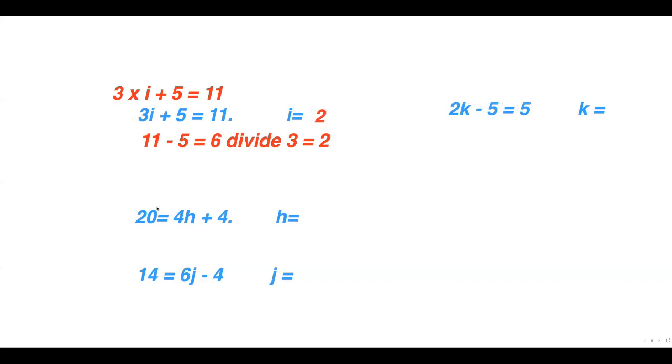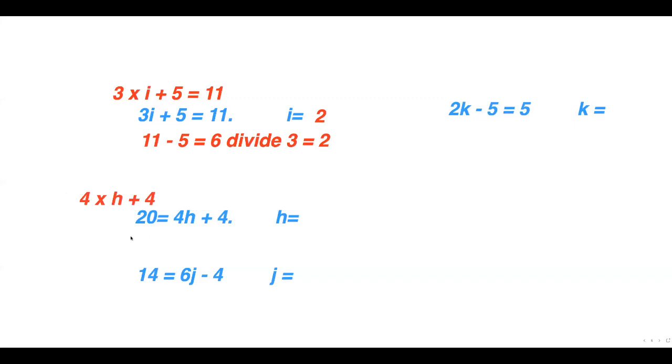Now this question, many of you get very confused. You don't need to get confused. It's the same thing as we did above. They just tried to trick our minds by writing the equals this way. So it's exactly the same way as we did above. So it's basically 4 times h plus 4. Now we want to know what